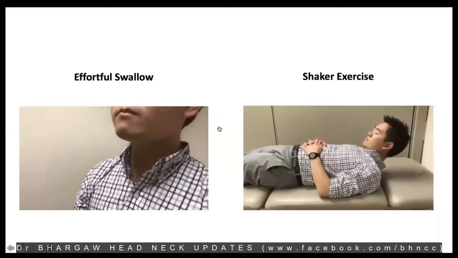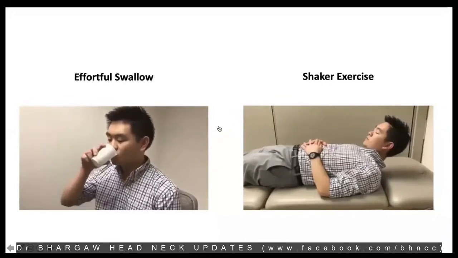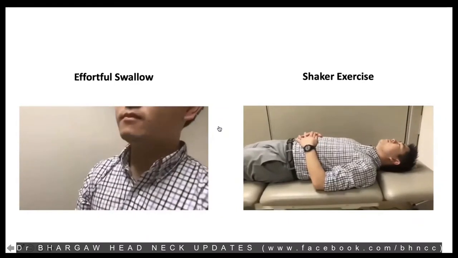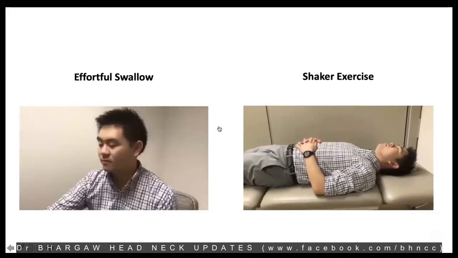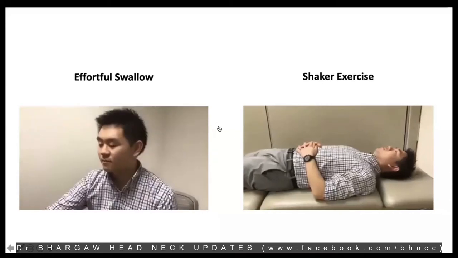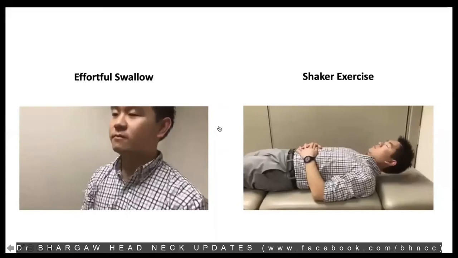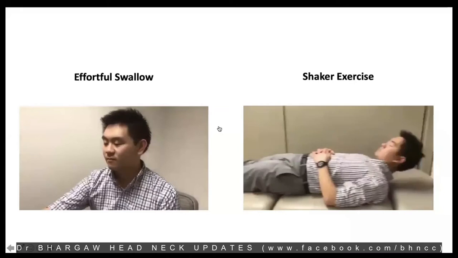Shaker exercises: when you treat the oropharynx or any other primary head and neck site, you also treat the neck. So patients will have some weakness of the neck muscles and indirectly the hyolaryngeal complex. So Shaker exercises help in strengthening the suprahyoid and infrahyoid muscles. Usually we advise the patient to lie flat, supine, and try to lift the head up and look at the tips of the toes, hold that pose for almost 10 seconds, and then put the head back down.